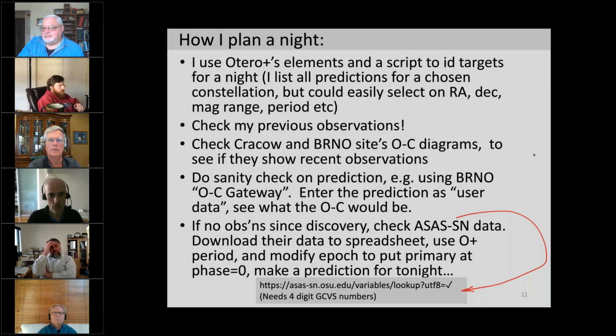Then I check to see if I've already observed it. Did I observe it 3 years ago and find that it came 2 hours later than the prediction? If so, then I'll modify the prediction and contemplate whether this is still a good target for tonight. Then I go to those 2 websites that I listed earlier, the Krakow site or the Bruno site,